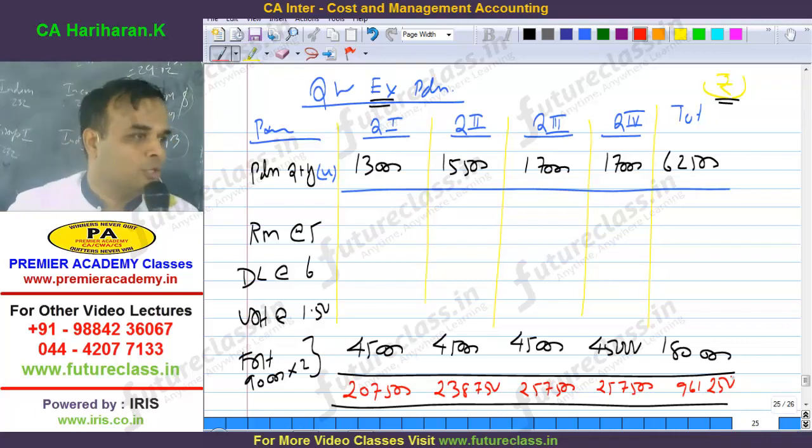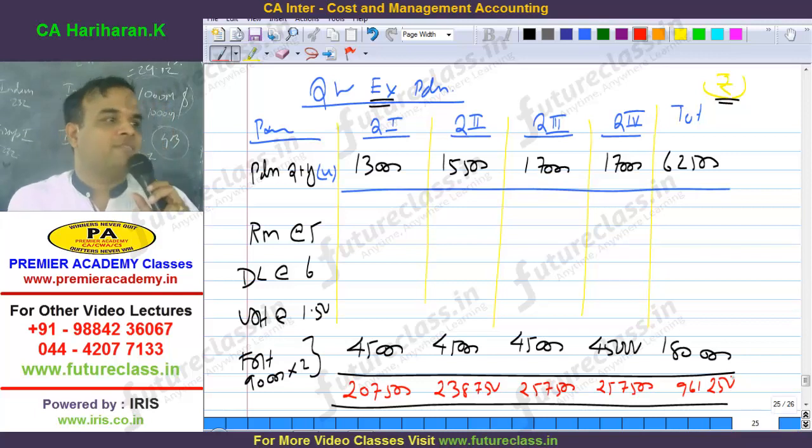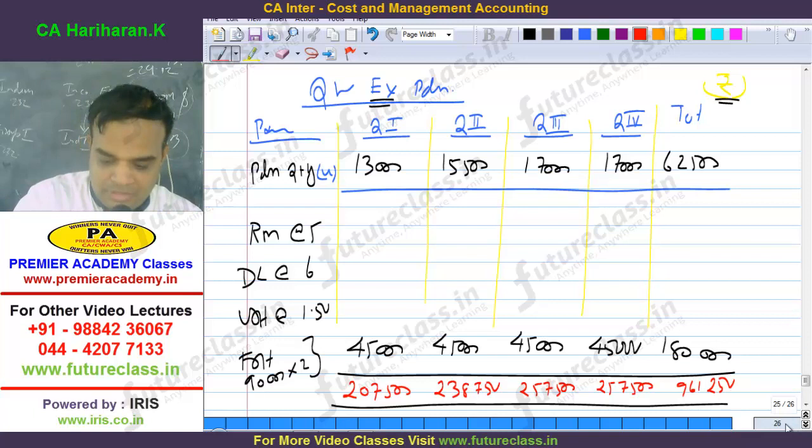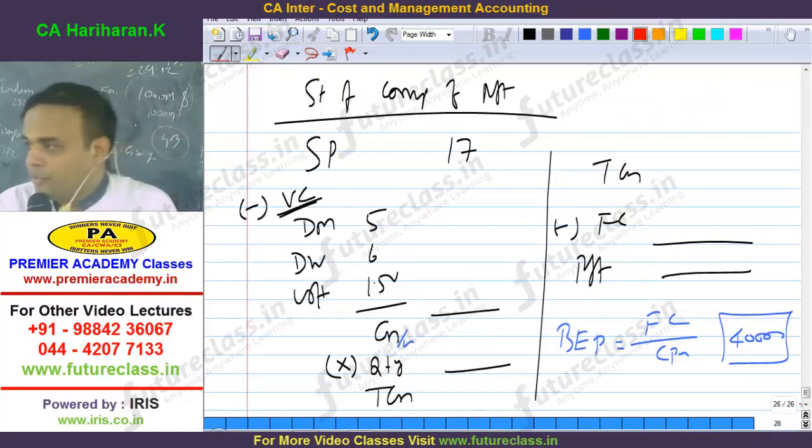Then only you can improve your speed also. If you are going to sit writing and managing the format, you need some self-discipline, that's all. Got it? Now, all of you, fast.